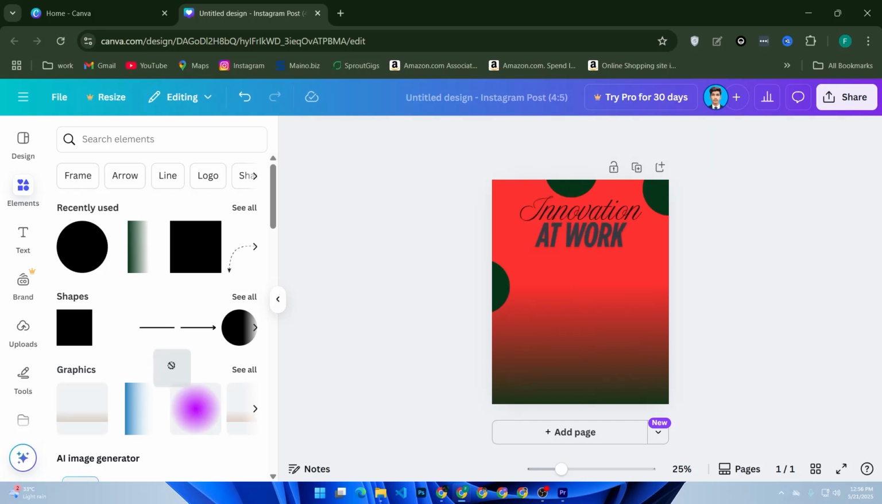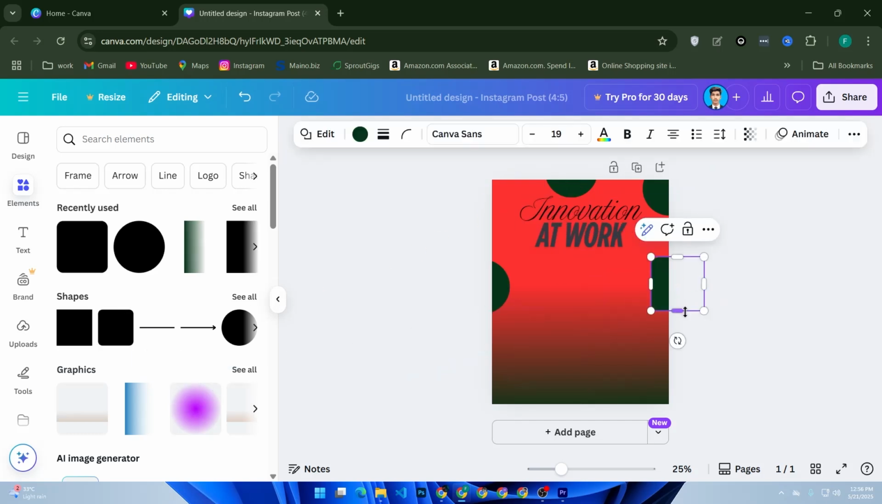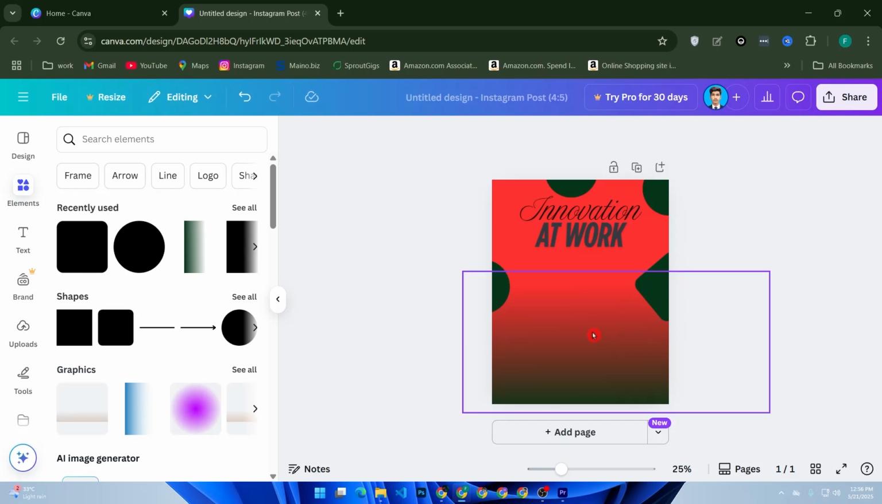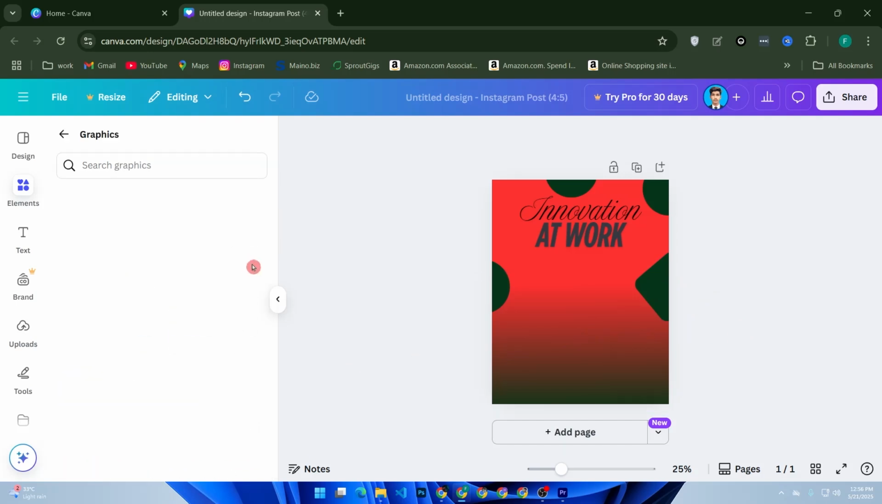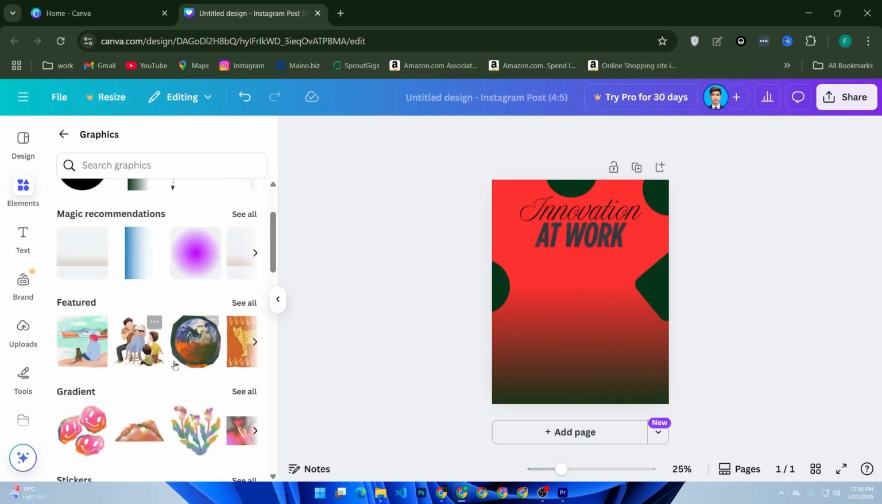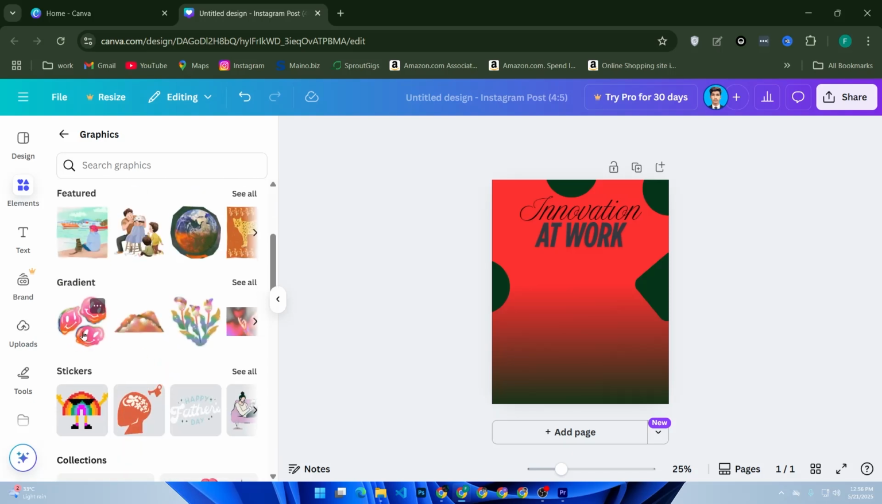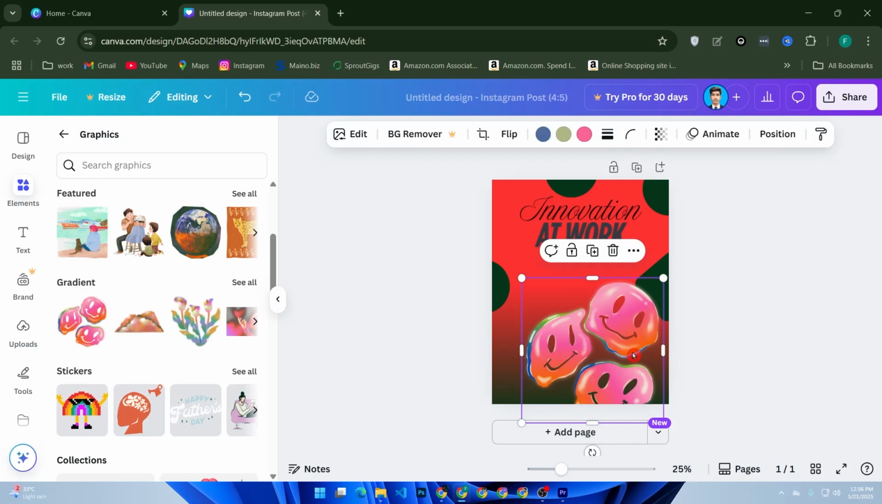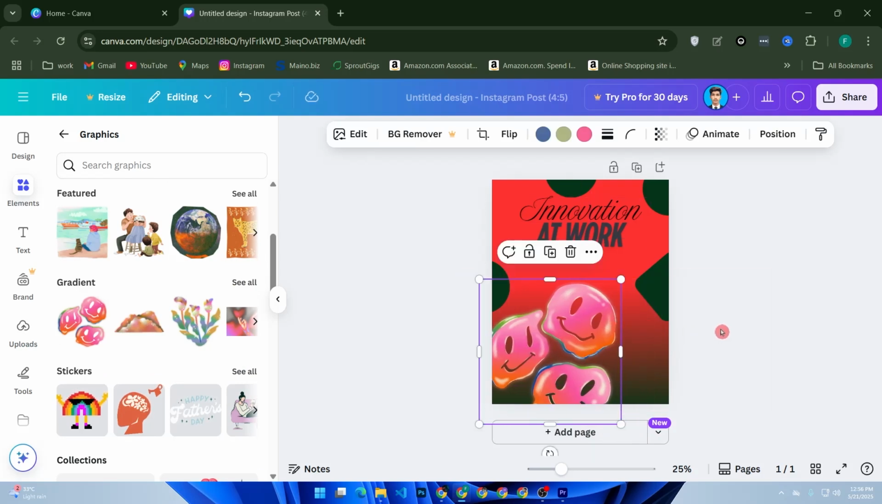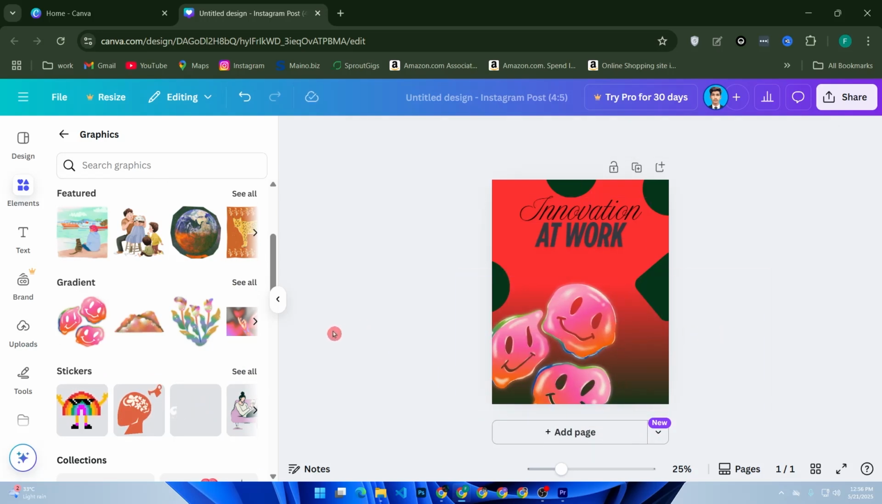You can add another shape like that, then rotate the shape. Then you can add some graphics, add some gradient tools. Now it's perfect. When your design is done, click the share button,